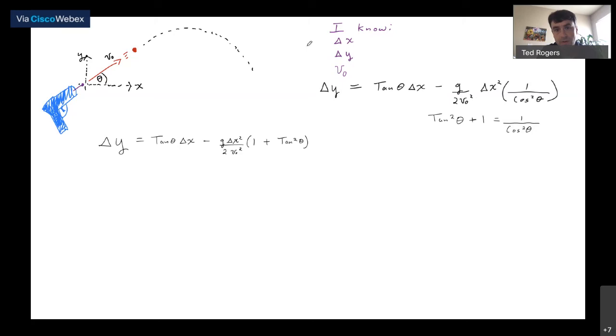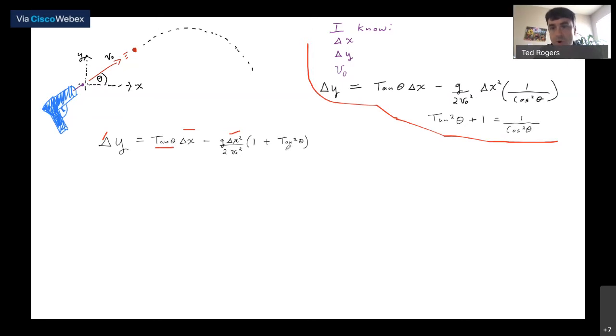Okay, so again, I'm sliding everything that I already figured out up to the top of the page so I can keep working on it. And then I've got an equation that involves delta x and delta y here, here. And the unknown thing is tangent theta.